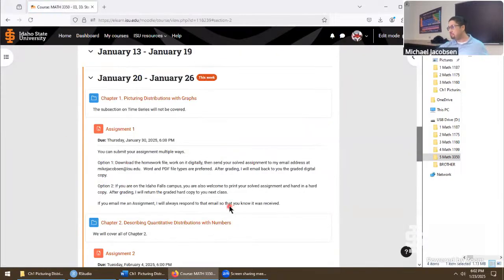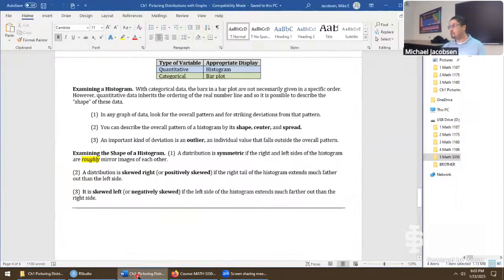But for where we're at right now, in chapter 1, we were right at this location. We looked into doing some plots. If our data is categorical, we gave a bar plot. Now we're turning over to quantitative data, and the relevant plot there is a histogram. This is confusing in a way because the bar plot looks a lot like a histogram, but the histogram is special here. The idea of this histogram is we're dealing now with a quantitative variable, and therefore there's a specific order to the data, which comes from the order of the real number line itself.